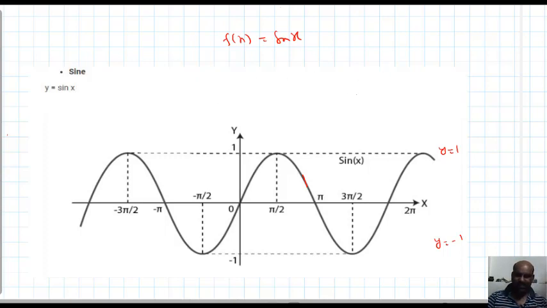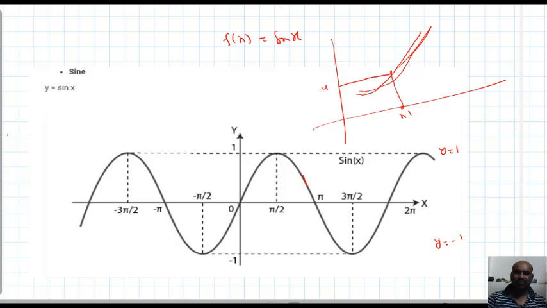For example, a function graph is given like this. This is the y axis, this is the x axis, and the graph is given like this. So for this x1, the corresponding output is here, y1. This x2, the corresponding output is here, y2. So x2 is greater than x1. X changes from x1 to x2, and your output changes from y1 to y2, an increase, no? X is increased, y is increased. So you can say that this function is an increasing function.